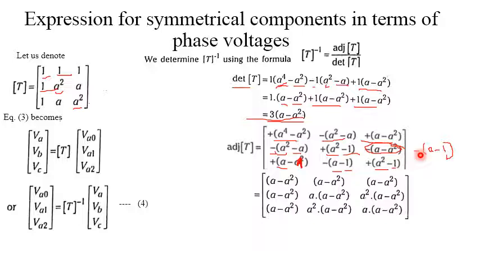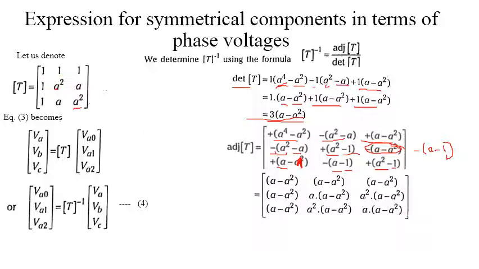Similarly, this term can be done as minus a plus 1, or 1 minus a. If I'm considering a square as the outside, I should have a term to get the 1. So to get that minus a, what should I multiply? This is a square, because a square times a square is a to the power of 4, which will become a. So similarly for this term we'll get a minus a square. Sorry, this is not minus 1. Am I right? Yes, look at this.